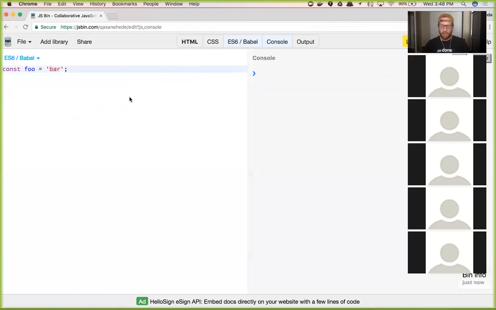Not a very useful program, but if I console.log foo, you would expect that bar prints, right? I almost console.logged bar. That would be cheating. So JavaScript knew about bar because I set it in memory, and it knew about it because I actually gave it access to it. Every single time you're writing JavaScript, whether in a file or wherever you're executing it, you get this context called the global object, okay? And in a browser, the global object is